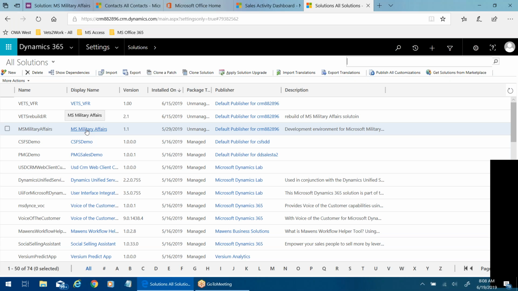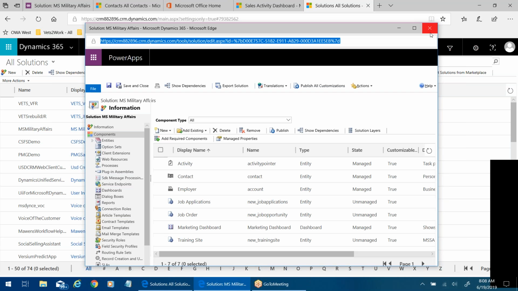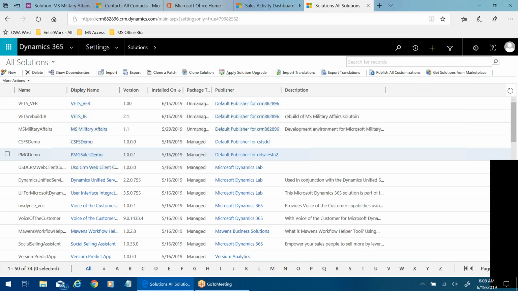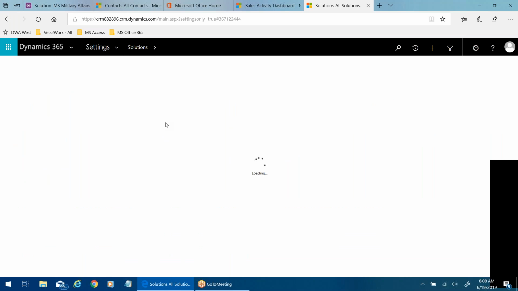The idea with solutions is they call them ISVs, independent software vendors. If someone wants to create a program to put up for sale, they would create a solution, and then that solution can be incorporated into whatever apps.